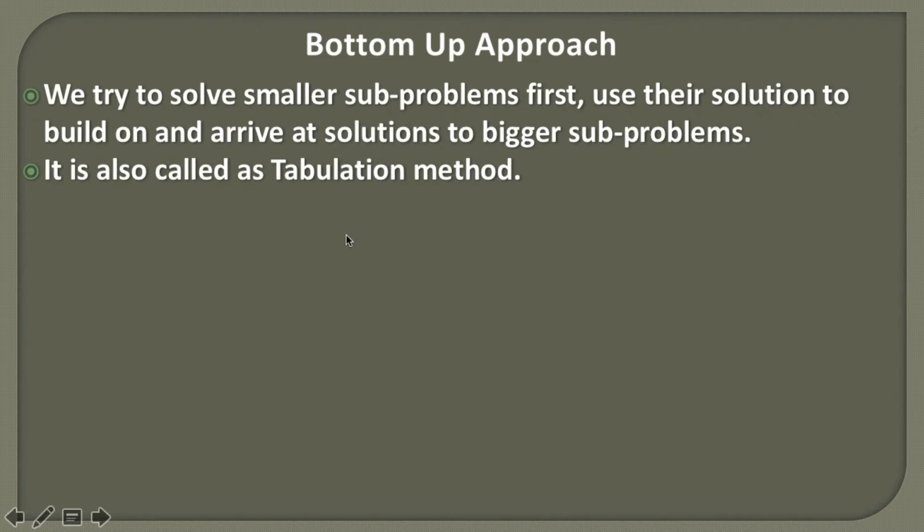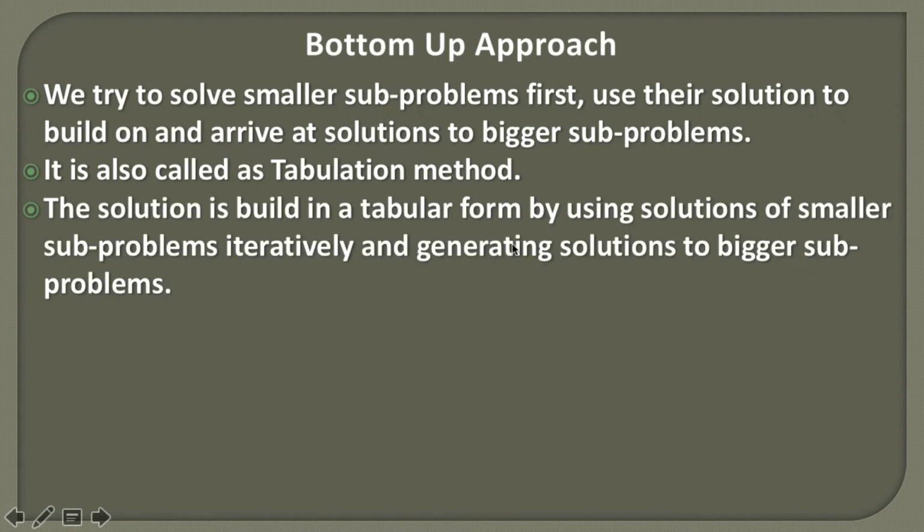So the bottom-up approach is also called the tabulation method, because in this approach when we solve the smaller subproblems, we usually store the result of those smaller subproblems in a table, and when those smaller subproblems are encountered again, we simply use the values from the table to arrive at the solutions to the bigger subproblems, and this way solving the chain of subproblems we reach the solution of the main problem. Therefore, the solution is built in a tabular form by using the solutions of smaller subproblems iteratively and generating solutions